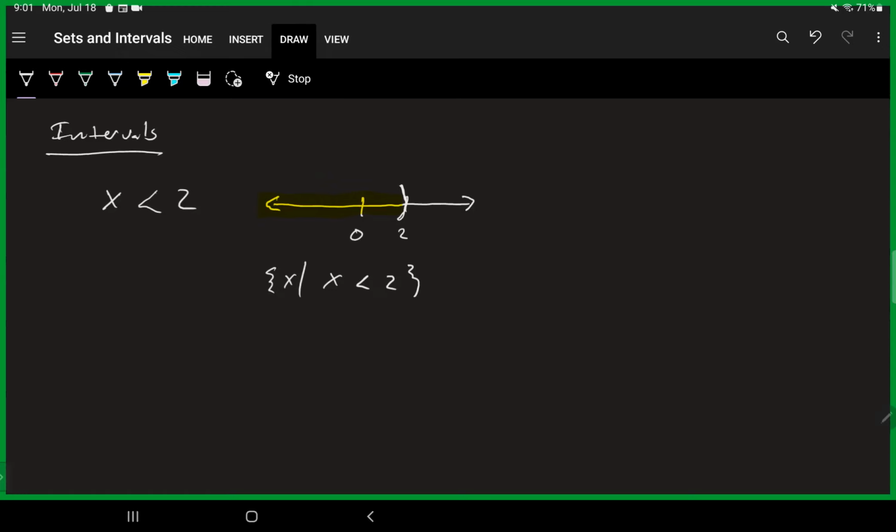There's a more compact way of writing this, and that's with interval notation. And so that is the set that goes up to 2, but doesn't get to 2. So I'm going to use that round parenthesis, and that's another reason why I like that. And it goes on indefinitely. So I'm going to use the infinity symbol, but since it's going to the left, I'm going to put a negative in front of it. So this is the interval of negative infinity to 2.